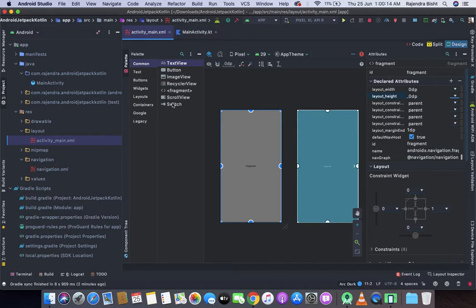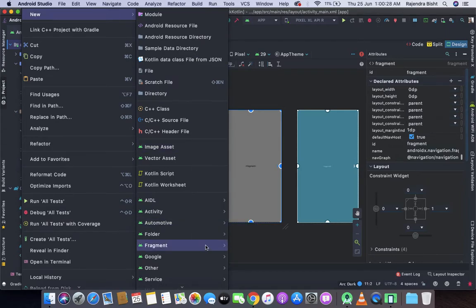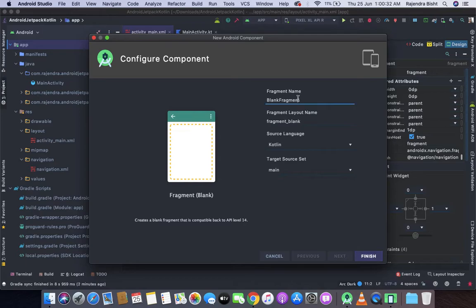Now I will add three fragments one by one, and we will move from fragment 1 to 2 and 2 to 3. So let's create empty fragments. Let's choose blank and name it fragment 1.